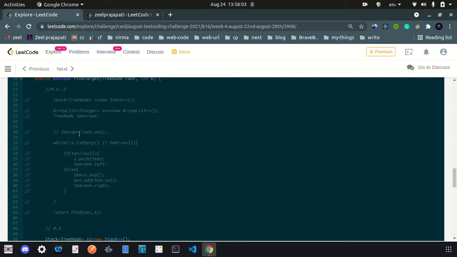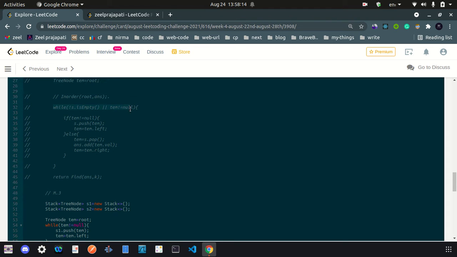And another way, if I do not do it this way, I can use a stack. First of all I will run the loop till temp is not equal to null or the stack is not empty, and till temp is not equal to null, I will push all the temps into the stack and go to the left. So you can assume that I am going to the leftmost child. Then if my temp is null, I have to go right, and I have to add that value into the answer, because in order, we go to left, then to the root, then to the right. That is the simple thing I am doing here.